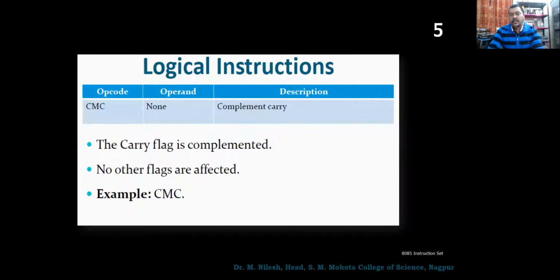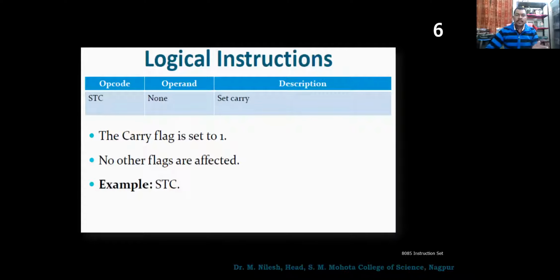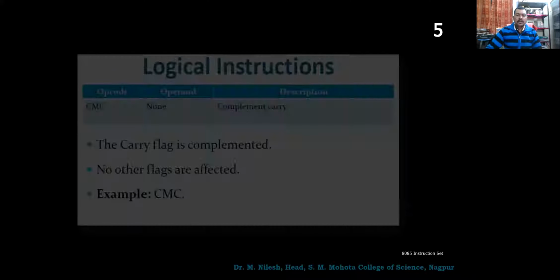We need to reset the carry first. For that, we first have to set it. This is the instruction to set the carry to 1, that is set carry, STC. Then we have to complement it so that it becomes 0.